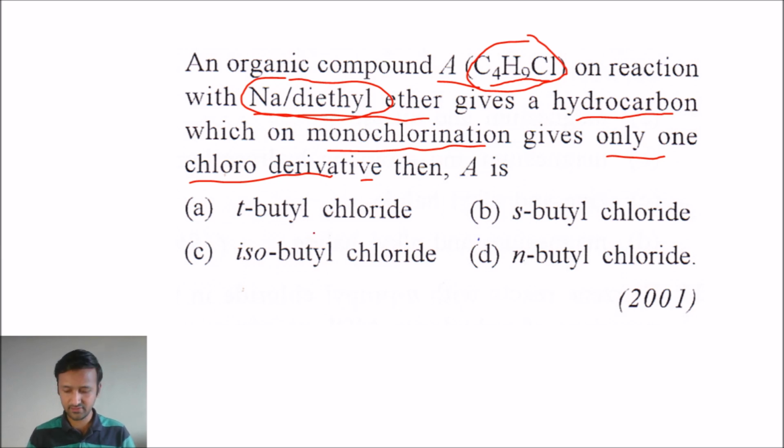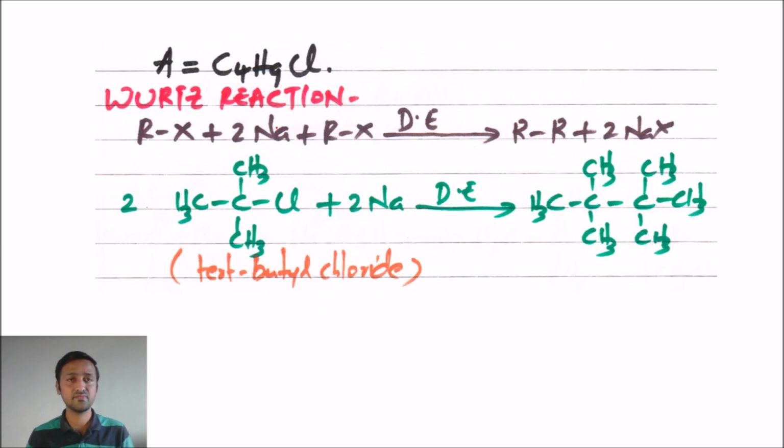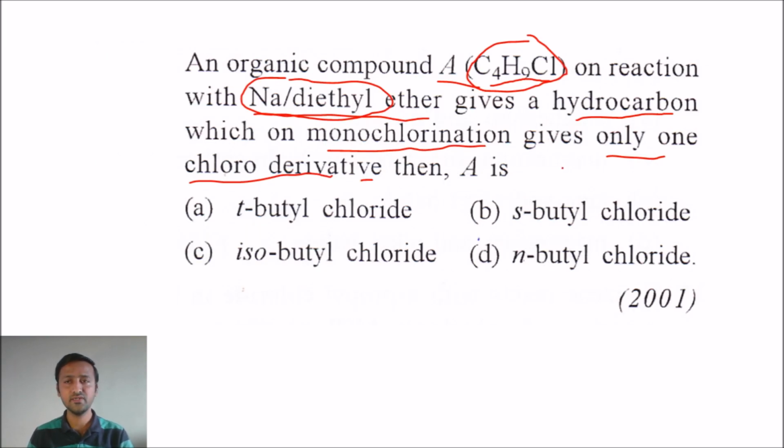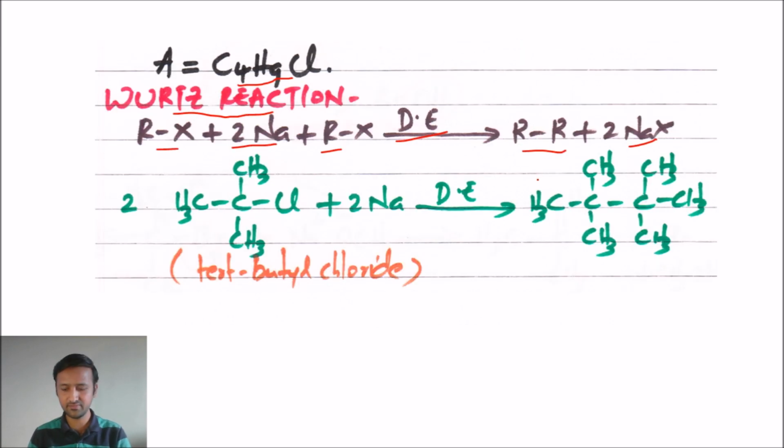So I take a reaction first. C4H9Cl, the reaction is a Wurtz reaction. If you take 2 moles of alkyl halide upon reaction with sodium metal in the presence of dry ether solvent, it results in formation of R-R, or you can take it as a higher alkane, along with 2 moles of sodium halide. Now easily you can guess. The condition is that it should have the same type of hydrogen atoms. So only one possibility there.